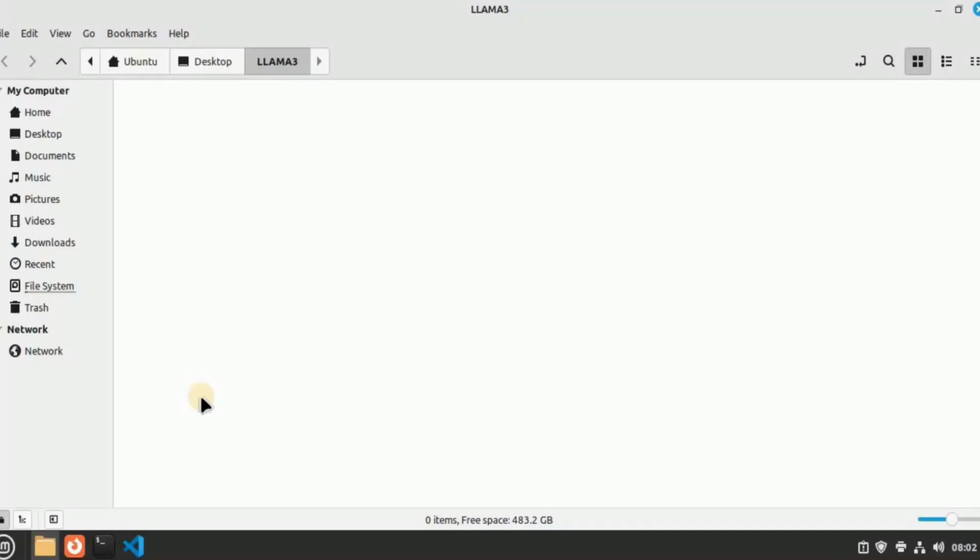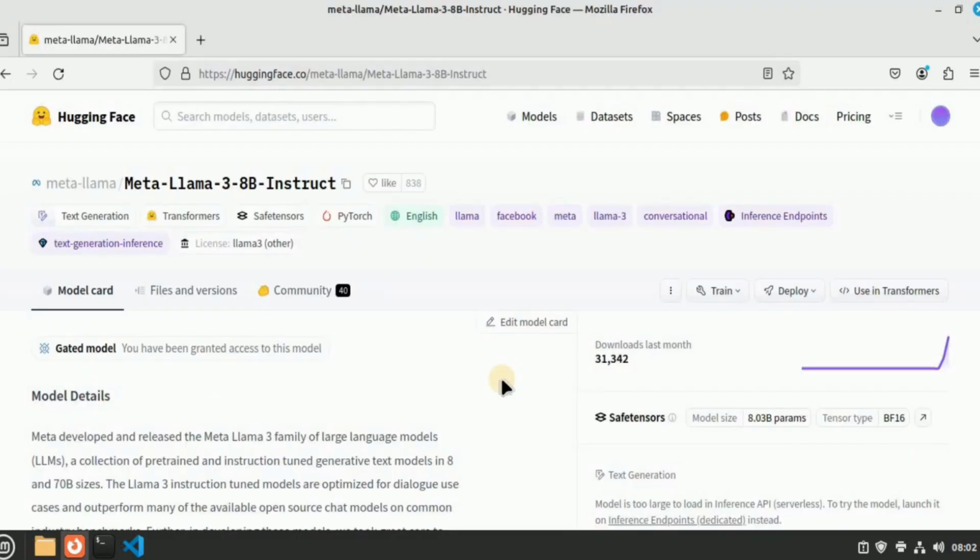Now let's quickly go ahead and see how you can install this model locally on your system. So here's the official model card of this model on Hugging Face. You can see that it is a gated model, and in order to use it, you first need to get access by registering yourself. I've already done that, so you can see that I have been granted access to the model. You simply have to fill out a form which is below on this page, and after providing the information and submitting the form, after a few minutes or a few hours, you will be granted access to the model. Now let's see how you can actually install it.